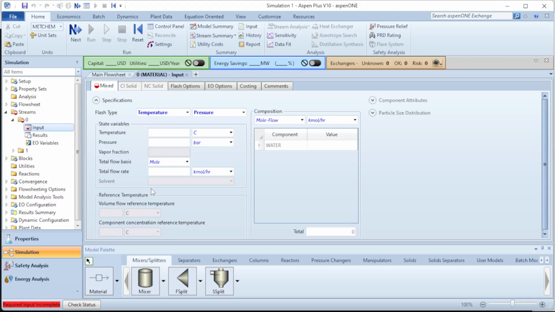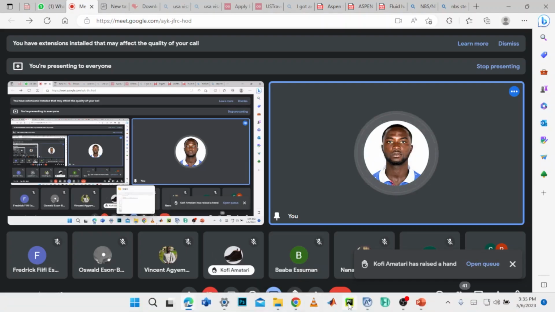The temperature is 25 degrees Celsius. The pressure is 2 atm. Not bad, 2 atm. And the total flow rate is 10,000 kilogram per hour. So use this opportunity within the next 60 seconds and do it. Okay, so now